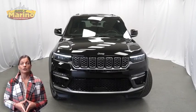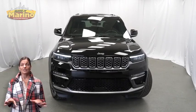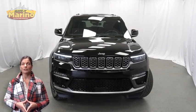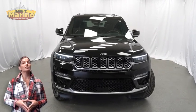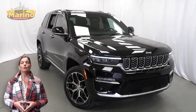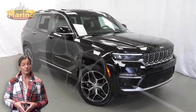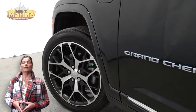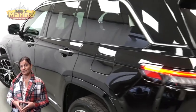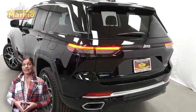Looking for a highly equipped SUV with all the right options and reliability? We'll take a look at this certified pre-owned 2022 Jeep Grand Cherokee Summit 4xe in Diamond Black Crystal Pearl. With HID headlamps, premium fog lamps, 21-inch aluminum wheels, blind spot and cross path detection, LED tail lamps, heated and